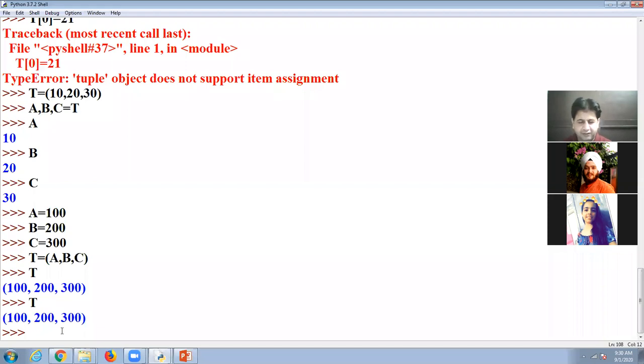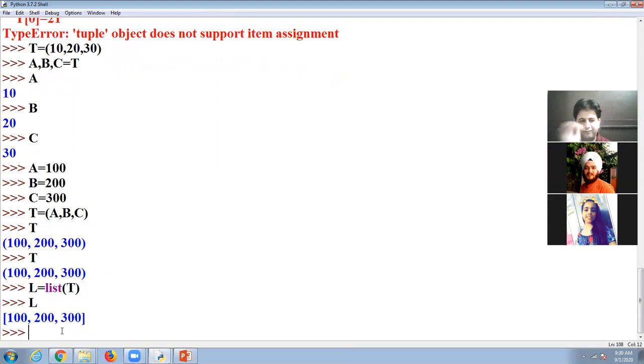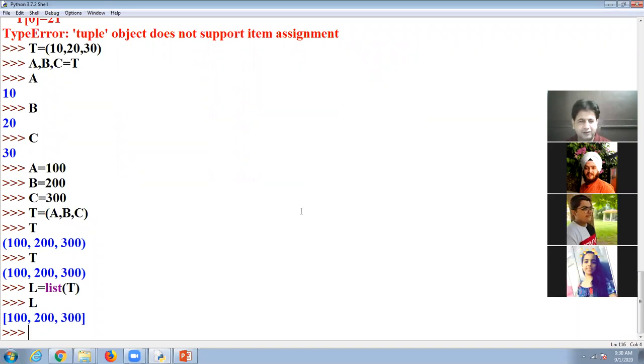Now I declare one list, L is equal to list(T). So I have one list, and I know that in the list element I can change the value. I know that. So look at here, I change L[0]. I take here 10.